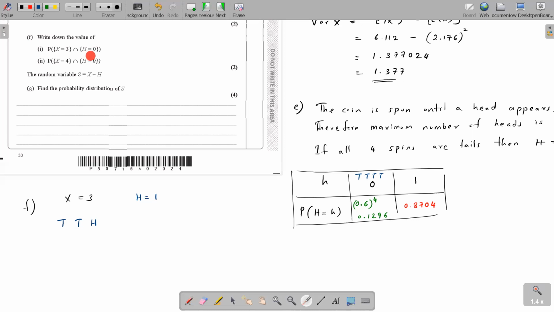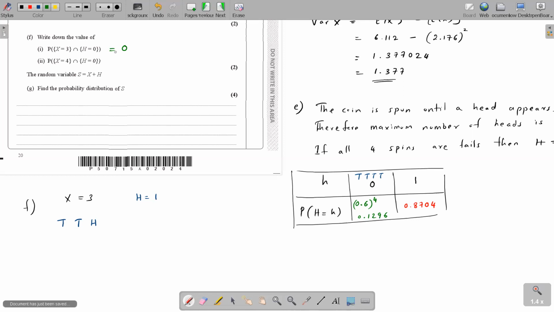and the number of heads is 0. So you are spinning the coin 3 times, but the number of heads is 0. Is that a possibility? The moment X is 3, you stop, because you get a head, right? So X equals 3 means you get tail, tail, head, and then they say your number of heads is 0. Do you see the problem there? Does that probability exist? The answer is no, 0. That probability doesn't exist. That cannot happen.